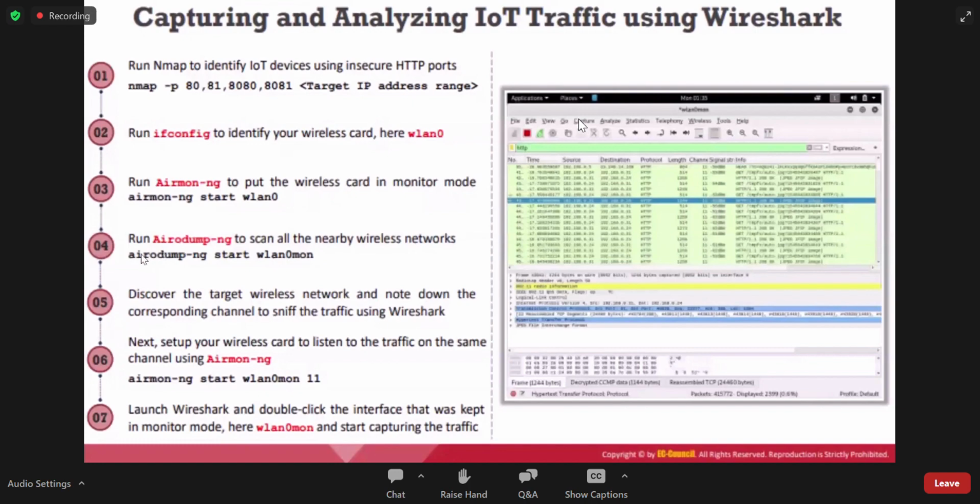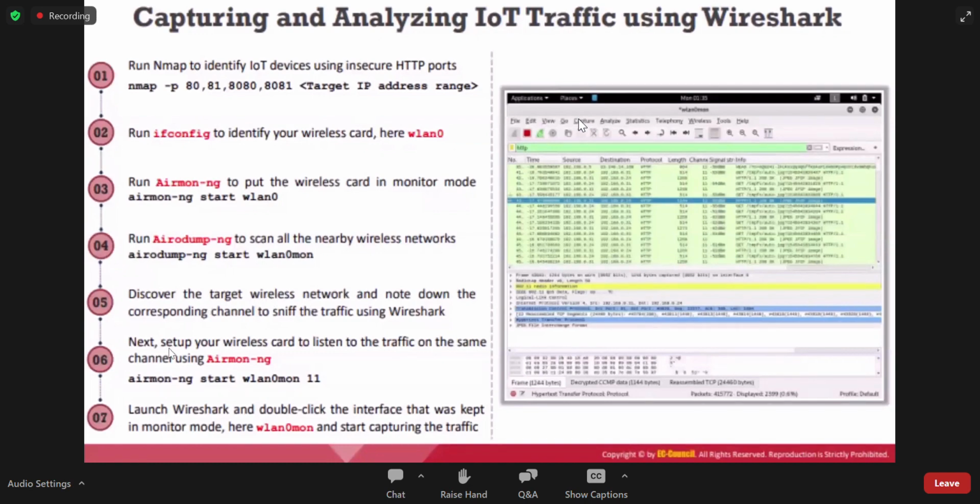Yes, and they are giving the steps here. First, we will be enumerating what ports are open on the target IP address. From there we can guess or analyze which port is used for the WLANs. Once that is done, we will configure our own WLAN interface in monitor mode, and from there we will fix which wireless network we are going to target. And once it is done, we will be discovering the target.